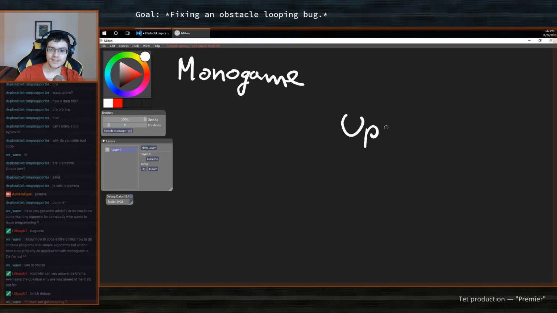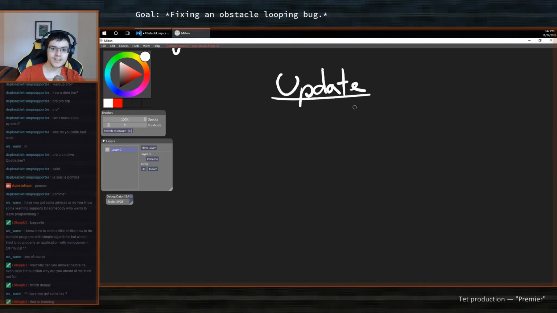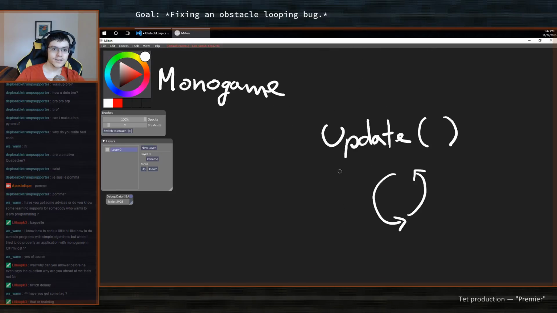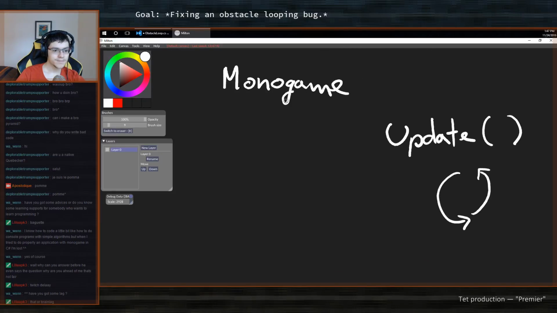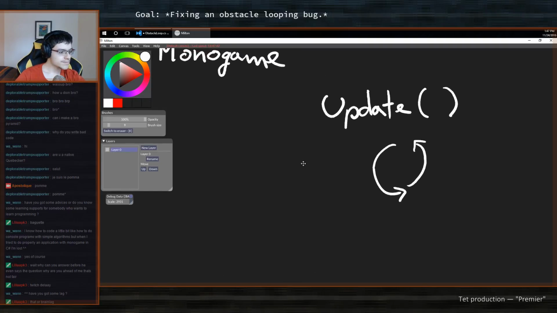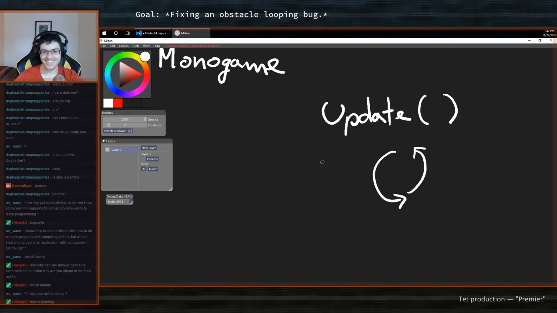Some update. So this function is where you have your game logic, or rather there's some sort of loop going on. I'm gonna start with this sort of explanation. So in MonoGame, oh, I'm zoomed way out. Whatever. Brain lag.